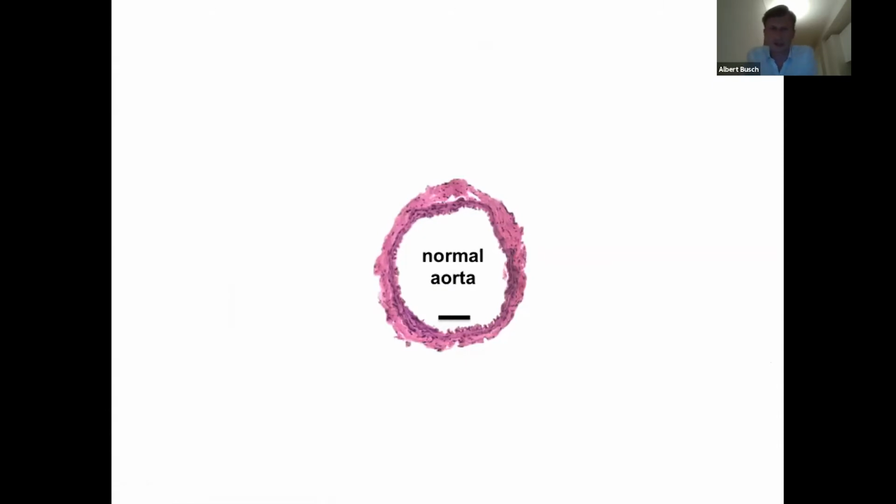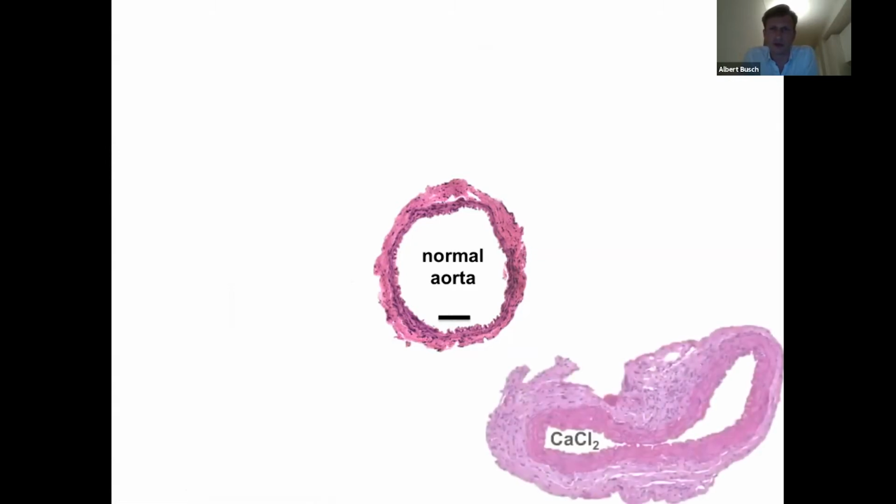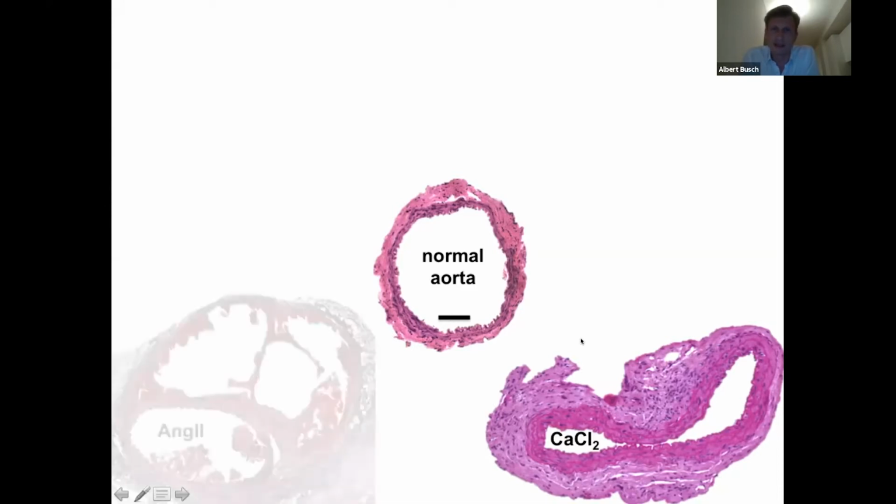And I'm just going to introduce a bit of those mouse models based on their changes to the aorta. So you can see here the normal mouse aorta, which has about 4 layers of elastic fibers, so a bit less than the human aorta. It's about 0.5 millimeter thick. Many of you may have worked with mice models before. And then I guess most of you are aware of this so-called calcium chloride model, where you expose the aorta and you put calcium chloride on the aorta. And over this course of 4 weeks, you can see some aneurysmatic dilation, some inflammation going on. We'll be coming back to this in more detail.